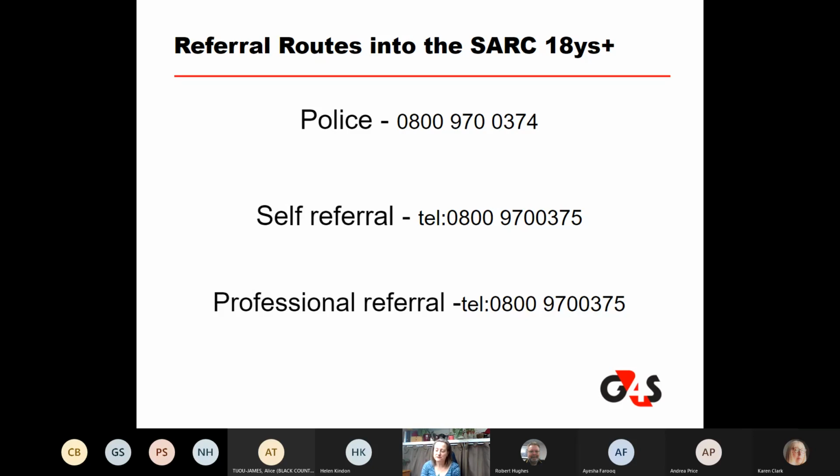If you've been raped and you absolutely have no idea what you want, you can self-refer. So self-referrals can ring us directly on that number, and they will speak to a crisis worker who will ask them questions off a pro forma to try and work out what the client needs. What does that client want? And the reason that a self-referral is so clever is that we can take their evidence, so we can bring them in, we will do the first account on site, the same as the police would do it, our crisis workers will do it. We'll give them exactly the same forensic medical examination that they would get if the police had brought them in,